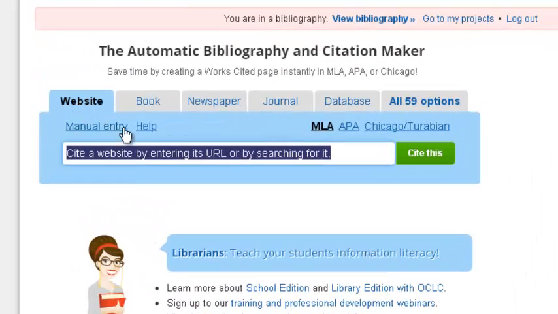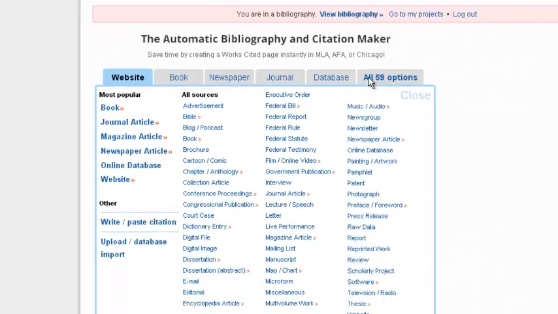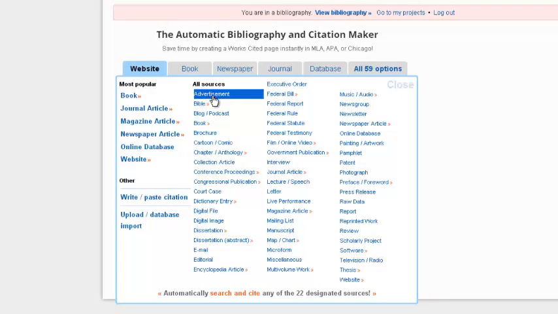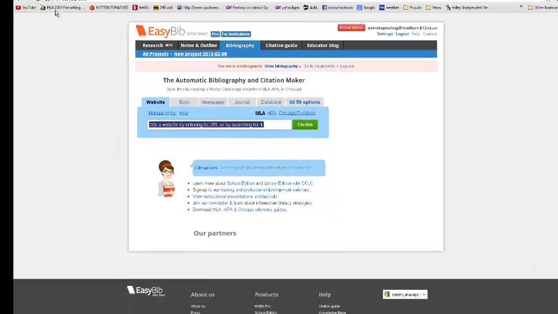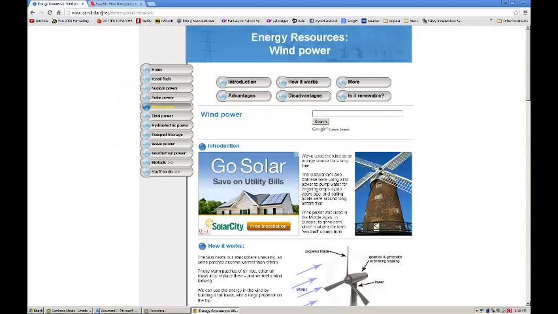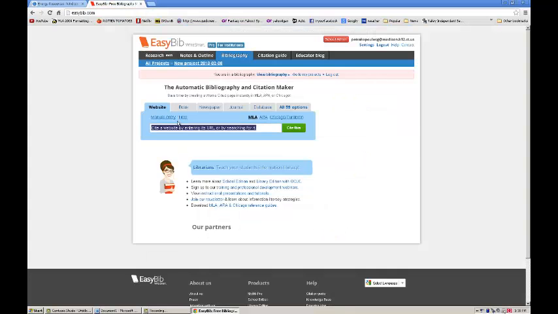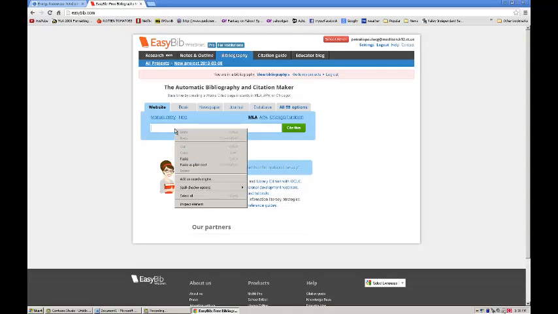which is the default. I could also cite books, newspaper, journals, databases, and there's also lesser used options you can use by clicking on all 59 options, podcasts, interviews, so you could interview someone who has access to wind power. But I'm going back to website, and it tells me to cite a website by entering its URL or by searching for it. So we have the URL, so I'll just go back to where I was, get the URL right here, copy it, paste it,